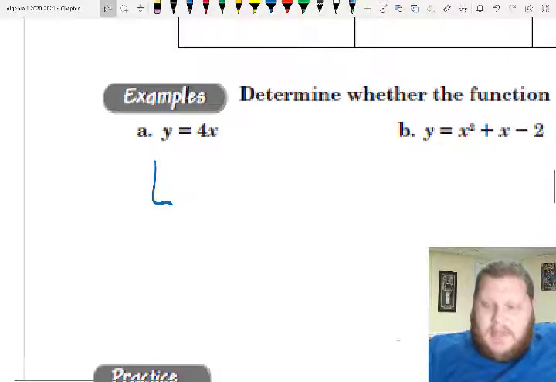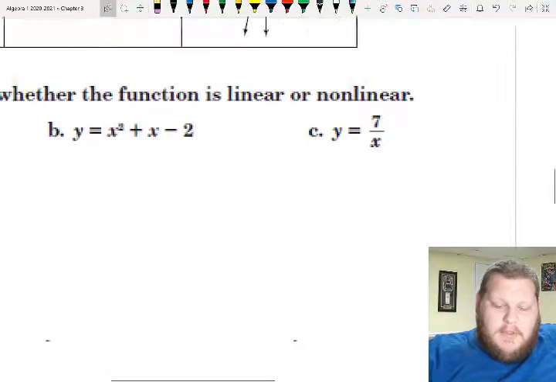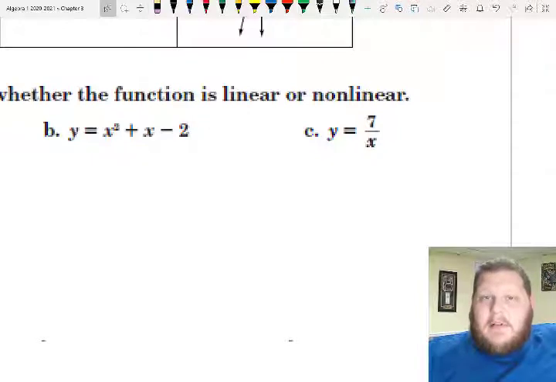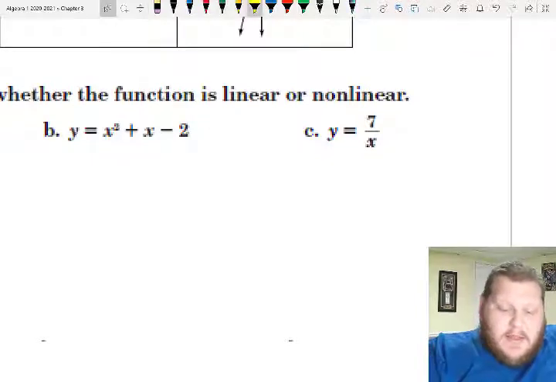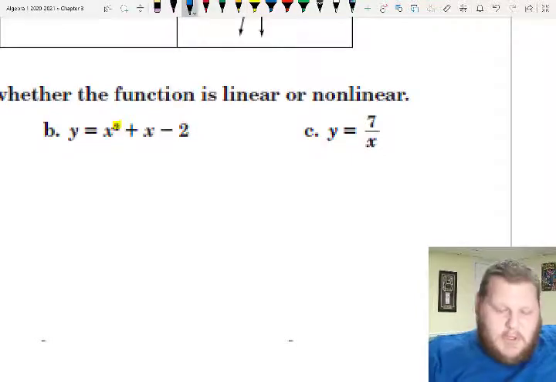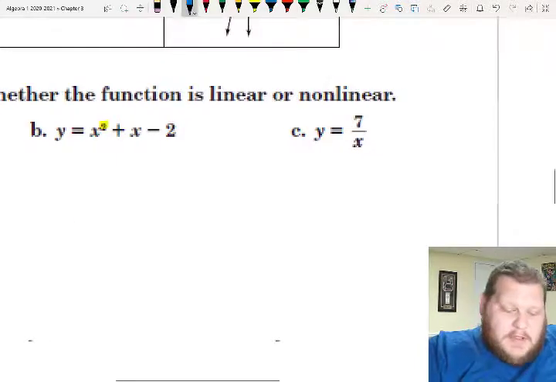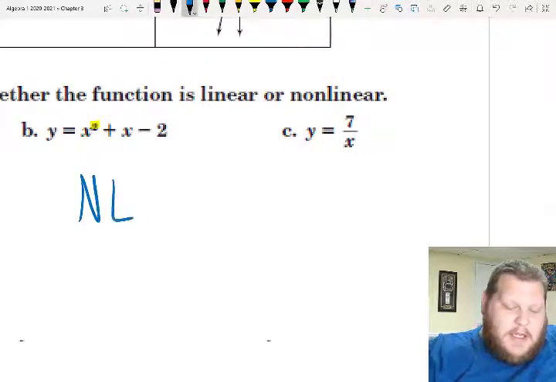For part B there, on the right side of my page here, if y equals x squared plus x minus 2, y is by itself, but we can see here that my x has a squared on it, even though the typeface here is a little bit blurry. We have something happening to x besides just x itself, so this would be a non-linear